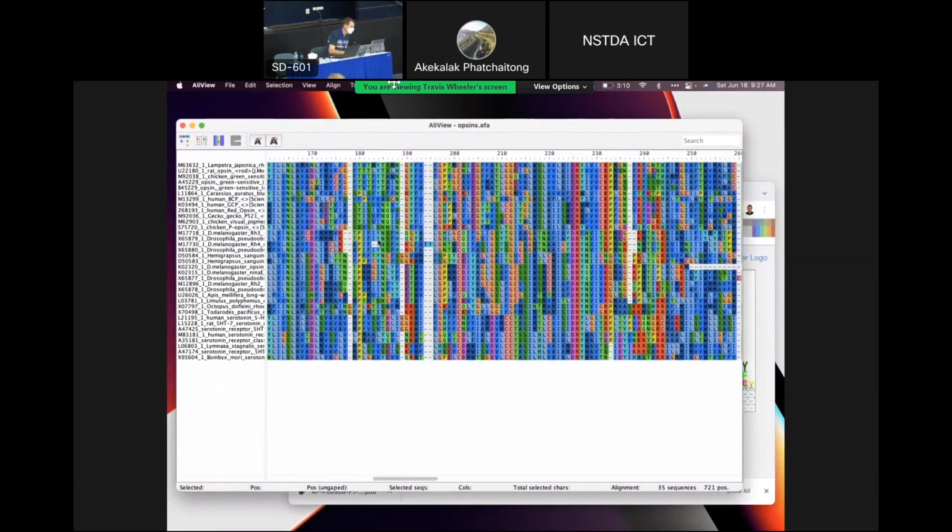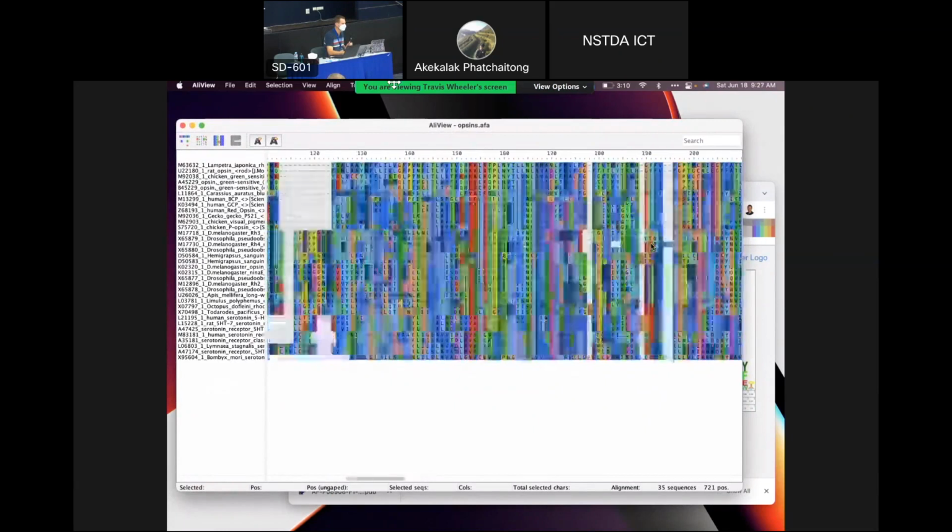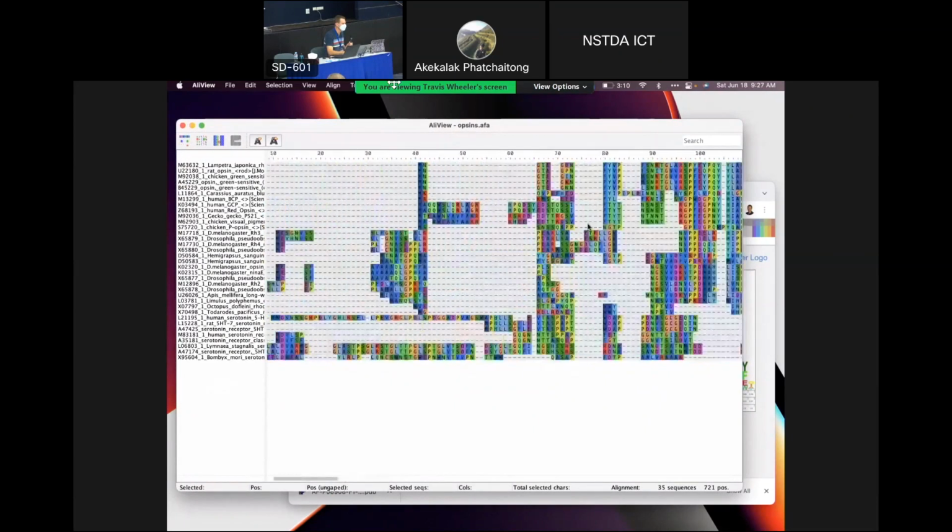And there's several other sorts of positions that are, here's a column of mostly N's. And there are a few of these that are more highly conserved. And then you see regions that are scattershot all over the place. And if you were to work your way through this collection of, what kind of opsins do I have? You're going to see that I've got some serotonin receptors, channel rhodopsins, and there's a much wider variety of these sequences